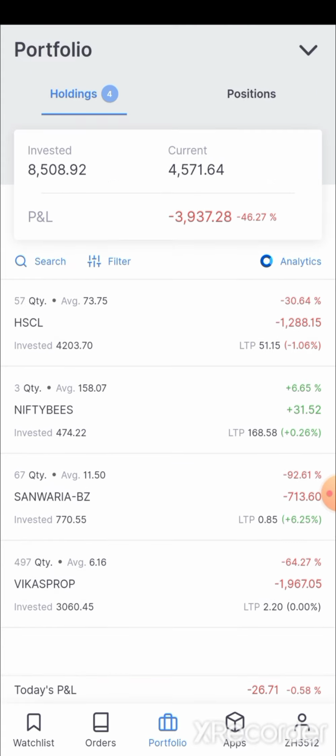My suggestion is, if you have any stocks in your account, you just pledge them and you can do the option trading. If you really want to do it, there is no issue. Only for option selling you can use the margin that you are getting from the pledging request. And I want to cover one more point.